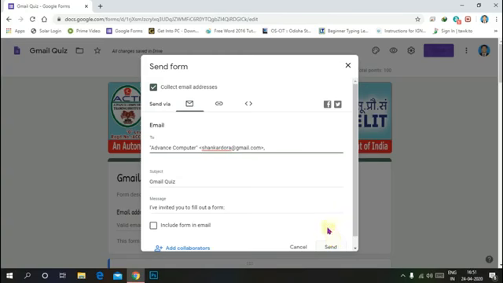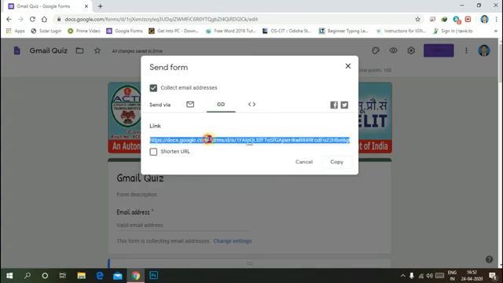If you don't have the email address of your recipient, you can send it through SMS, WhatsApp, or also socially share your quiz through Facebook. Look, there is a Facebook icon available, Twitter, but you can also share manually by generating a link. Let's check how to generate a link to share. The second option is link, go to link, but the link is too long.